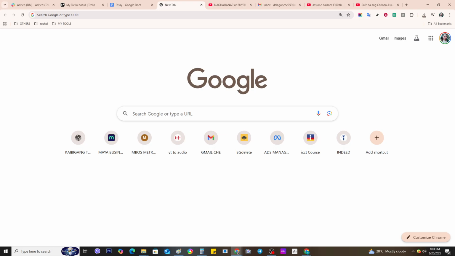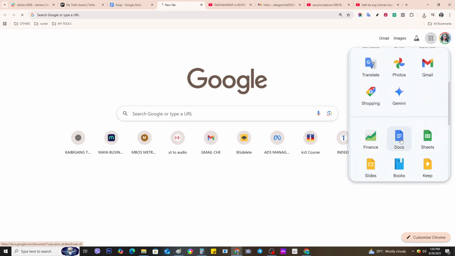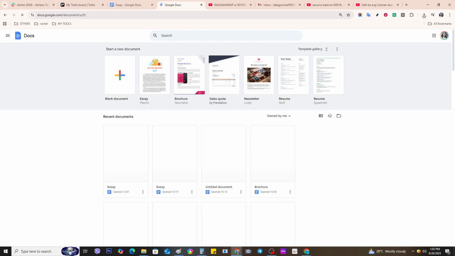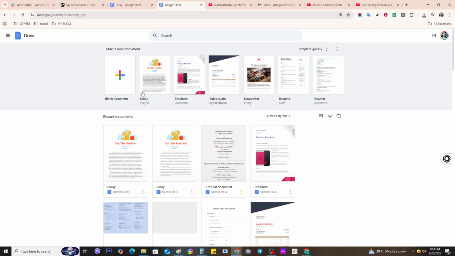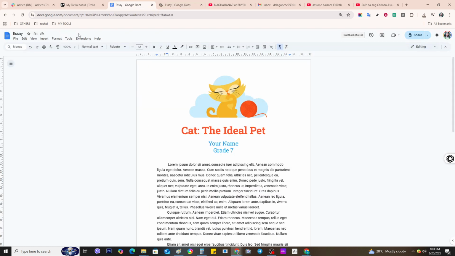Now, after you've been busy creating your document, you might want to give it a personalized name, something other than "Untitled document." To rename your file, simply go to the top left corner of your screen where it currently says "Untitled document." Click on that text and it will become editable. You can then type in your desired file name, for instance, something like "My First Google Doc," or anything else that helps you identify your work. Naming your document accordingly